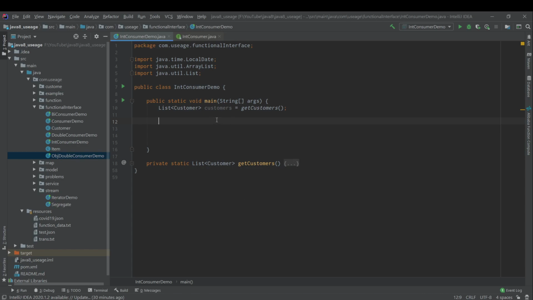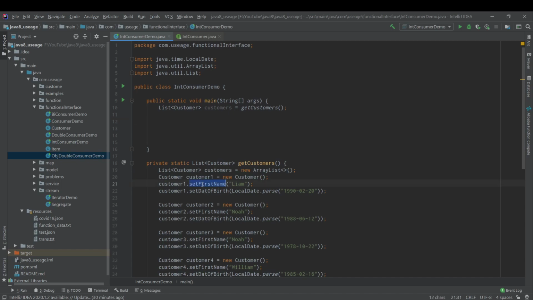Here is my example. I have a list of customers with their first name and date of birth. I want to calculate a person's age based on his date of birth. So here I'm retrieving all the customers.